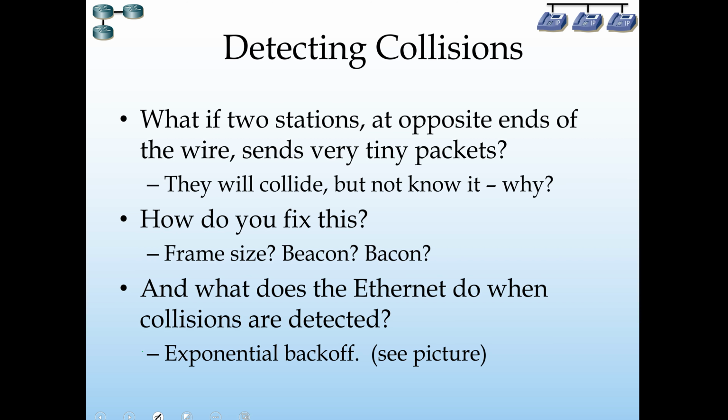So how do we fix this? We say if the wire has a 10 microsecond propagation delay width, then you, Mr. Carrie, must transmit for at least 10 microseconds. Now, that means if he can transmit 1 bit per microsecond, and he has to transmit for at least 10 microseconds, that means he's going to have to send at least 10 bits.